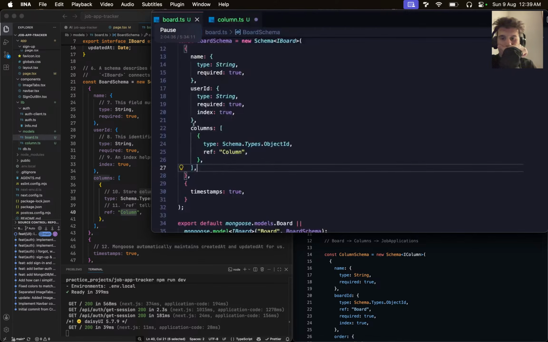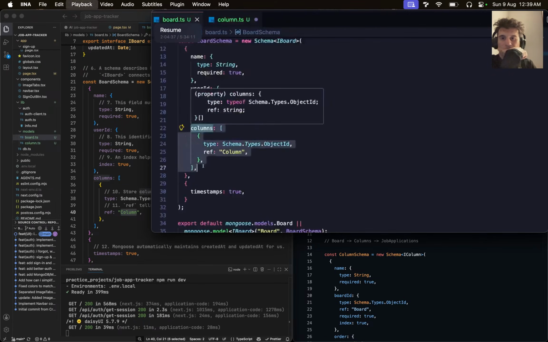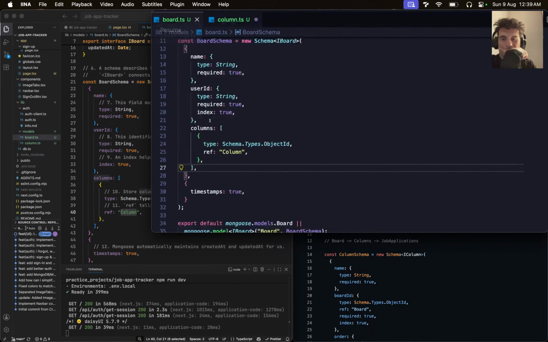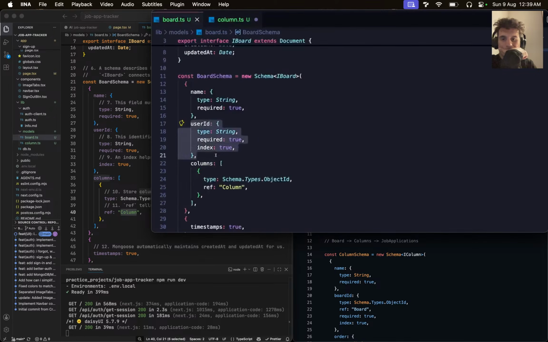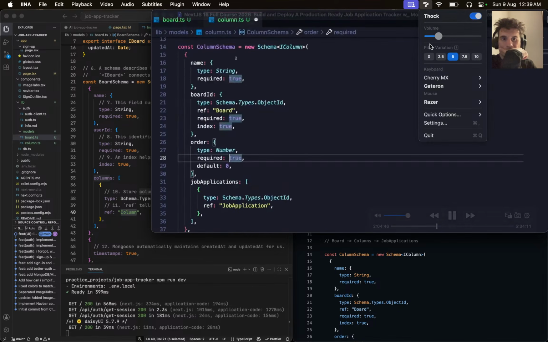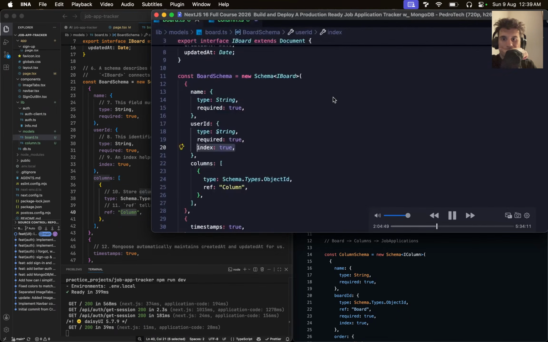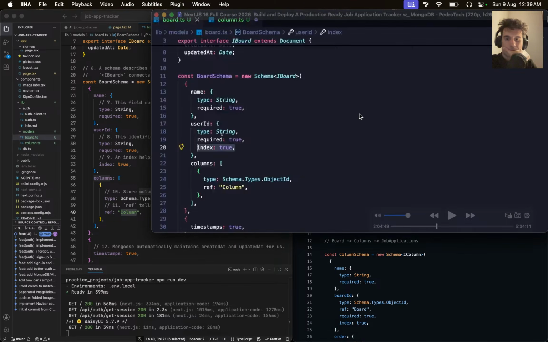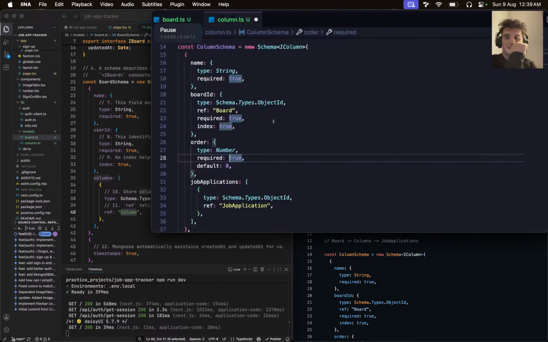But we did it for the columns and not for the actual board ID. If you look at the reference we had on the board, it was for the user ID, and we made it be an index, which is what we're also doing over here. But the user ID is of type string instead of being of a type object ID,